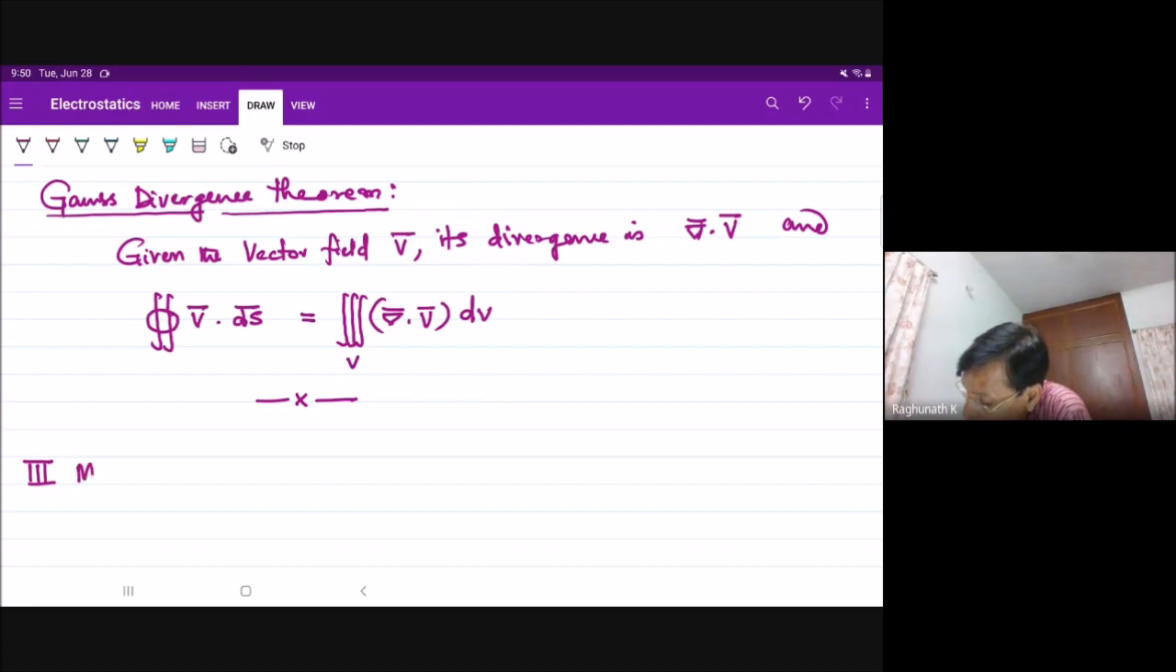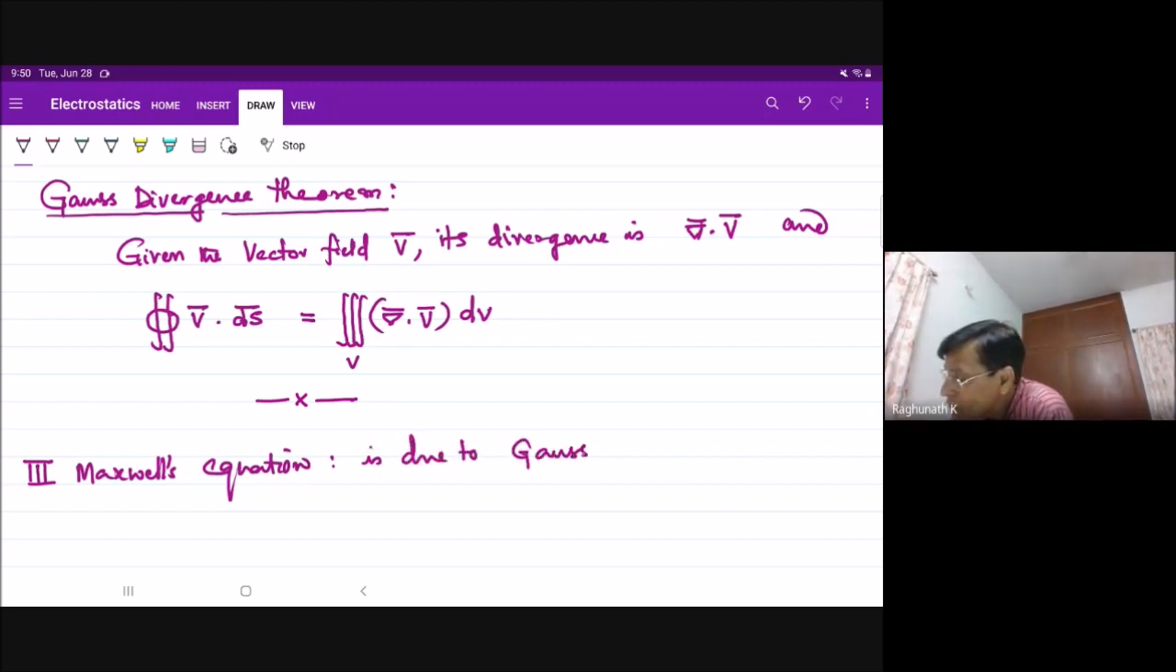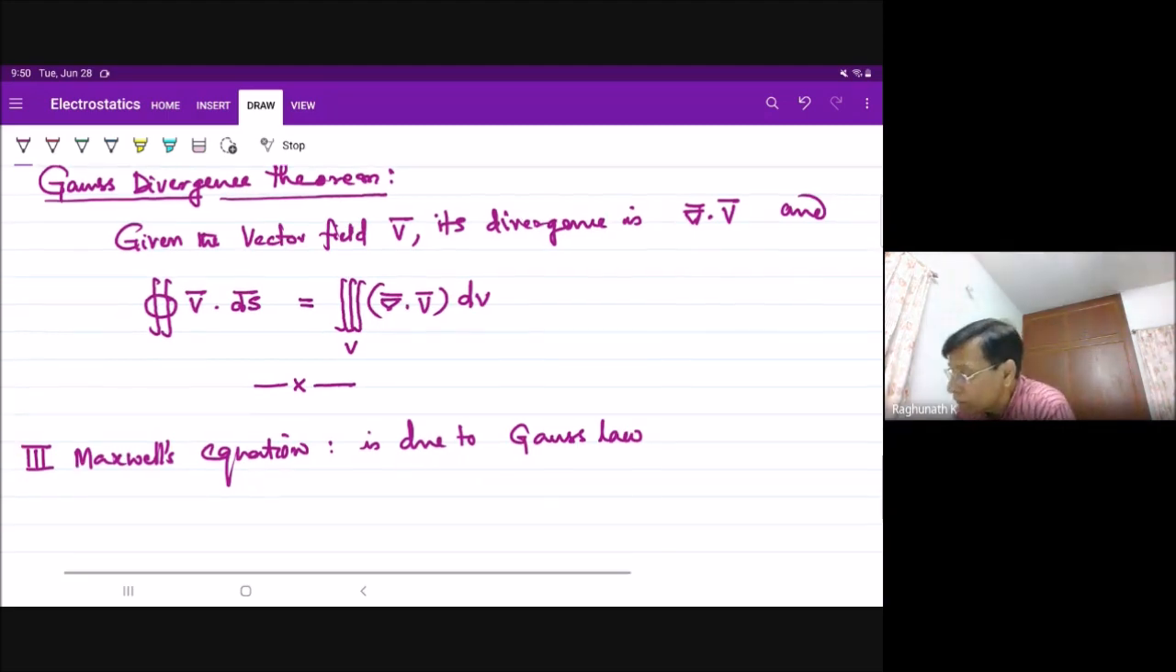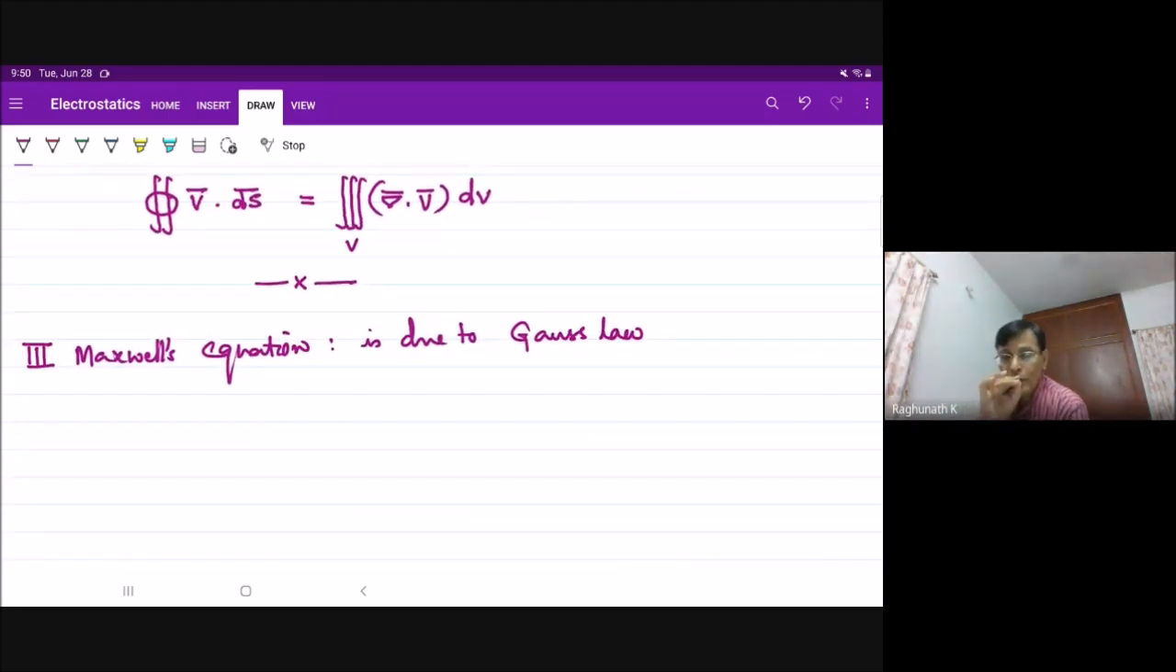The third Maxwell's equation is due to Gauss law. The way in which we speak about this is this. Third Maxwell's equation in integral form